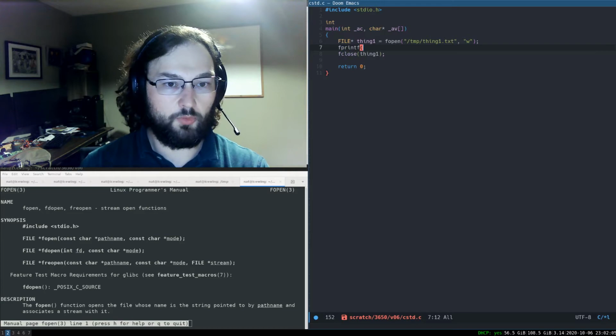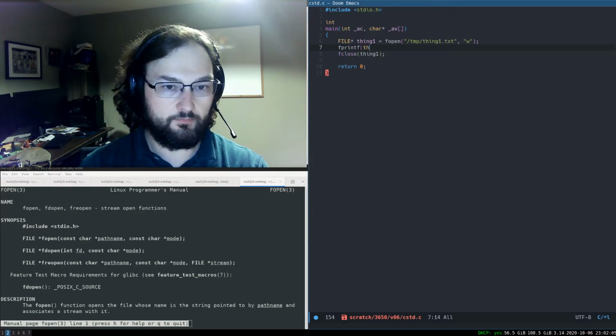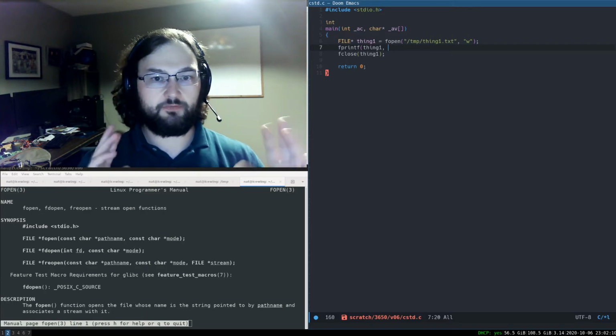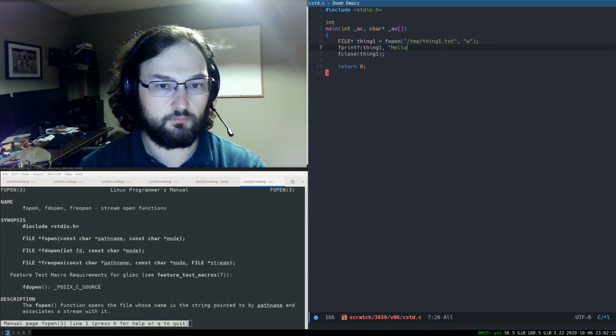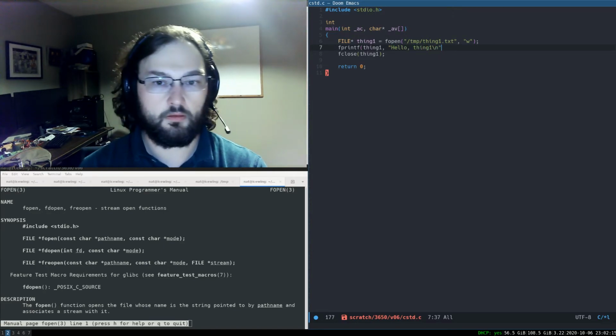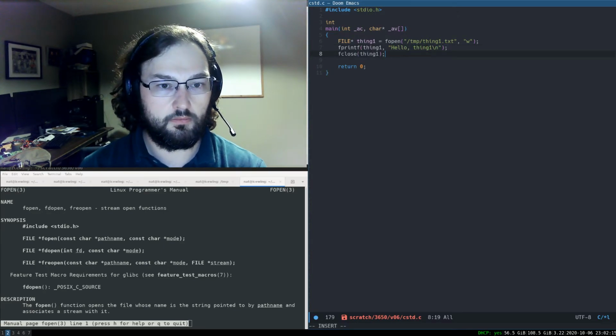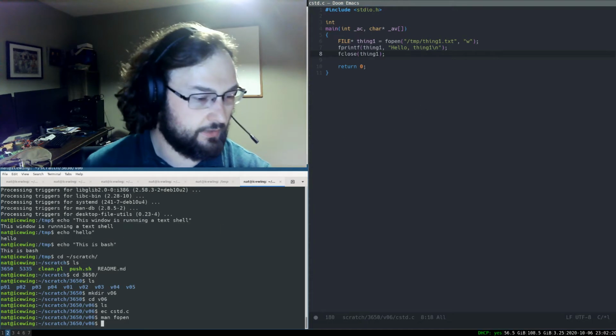Now, if we want to output to a file, we can use fprintf, which is just like printf, except we specify an additional argument at the beginning, which is the file that we want to print to. And then we can go ahead and give this a try. If we go ahead